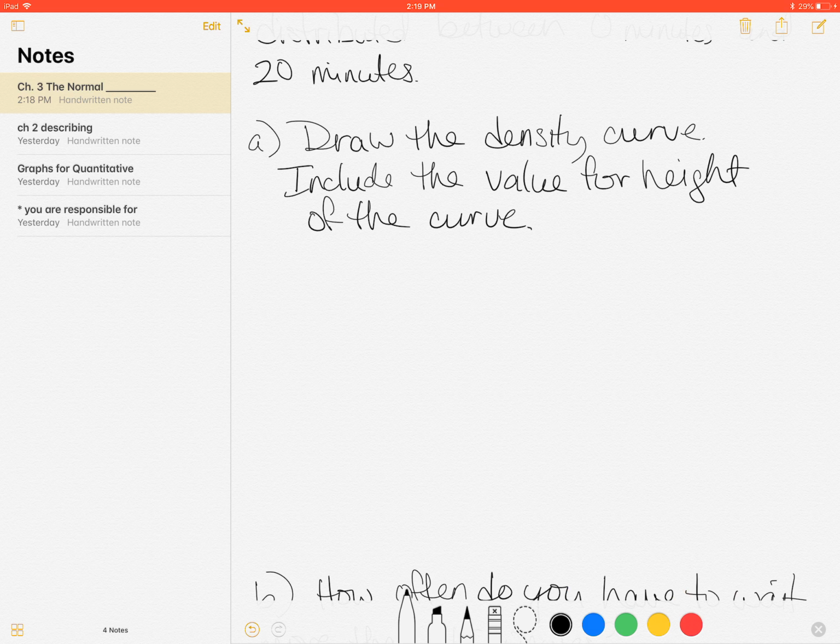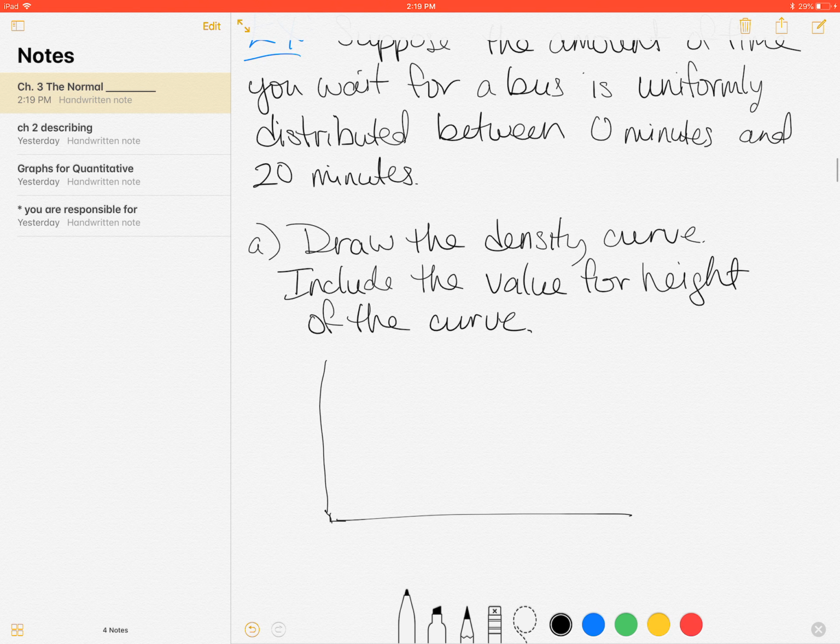So, density curves, start on a graph, and our values are from 0 to 20. So if we wanted to write it notationally, we'd have uniform from 0 to 20. So I'm going to put the values on the x-axis, 0 to 20. And I know that the height is constant for the whole time, and I like to put that little line there. So that is a picture of our distribution, our density curve, but it specifically asks us to find the